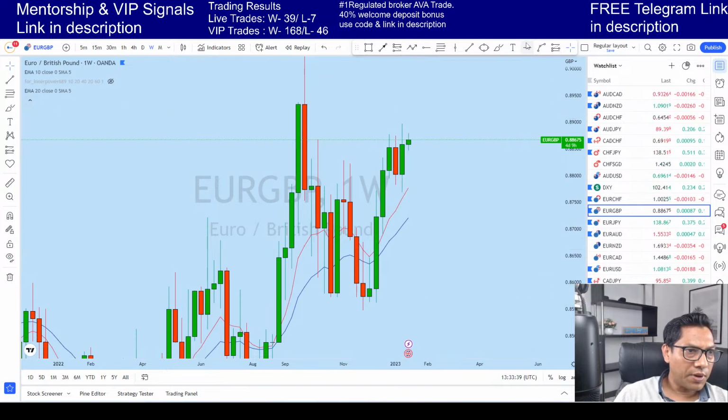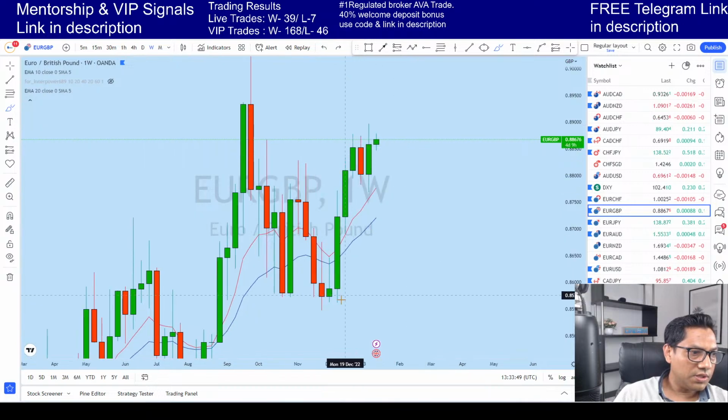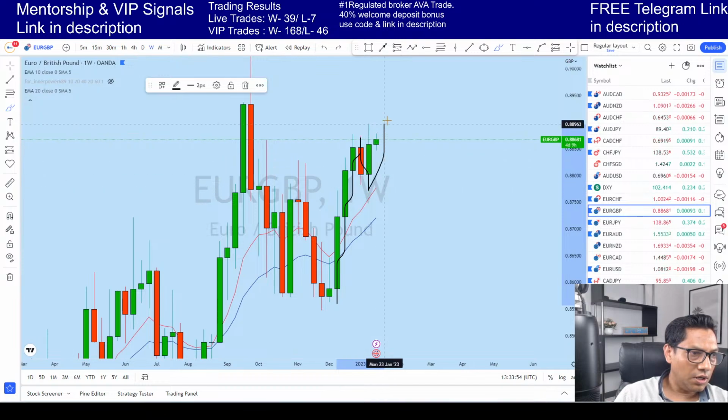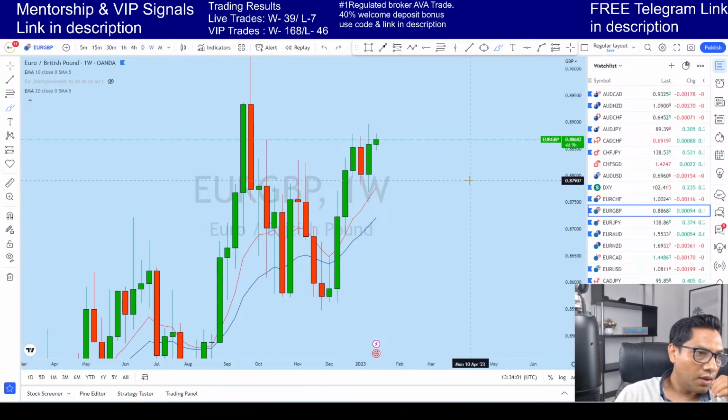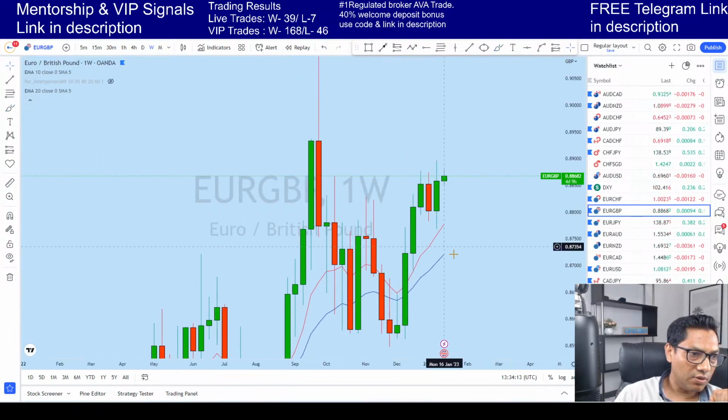Now this is the weekly price action. Starting from here, as you can see, there is a big bullish impulse on Euro GBP followed by this correction. Now with this bullish impulse and correction, it is in another bullish impulsive phase. So this is the bullish engulfer on Euro GBP. When you see a market with this kind of strong bullish move followed by a narrow correction and another bullish engulfer, let's analyze the weekly chart.